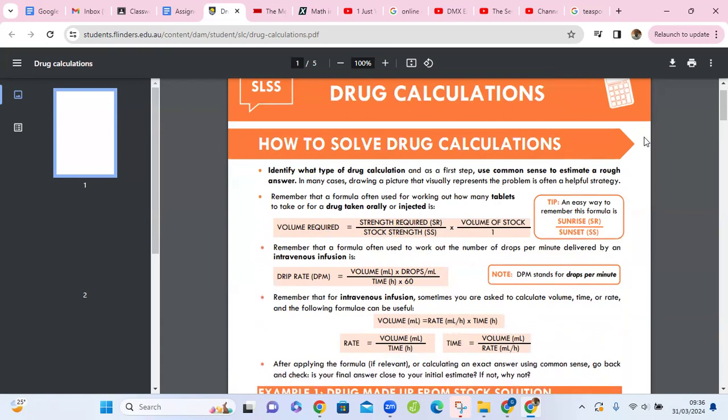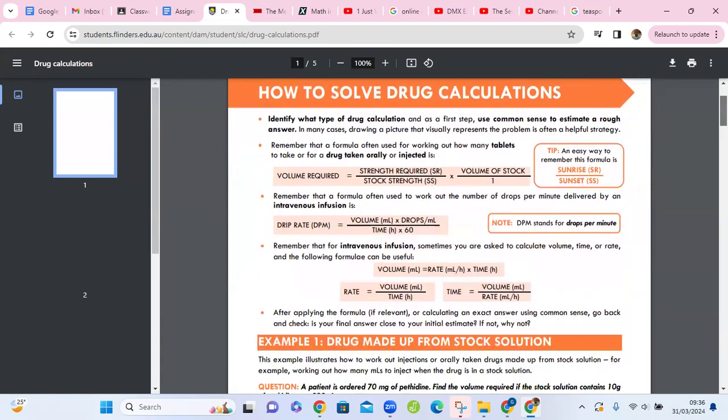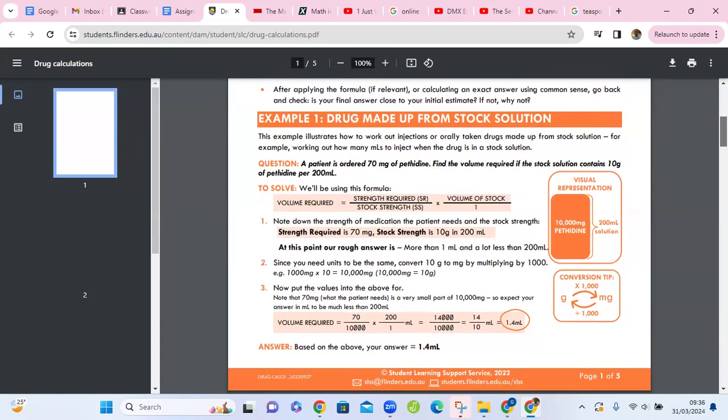So, in the volume of stock. Okay, do we have that? Yes, so it has identified that this is the volume, this is the formula that we've got to use. Step number one is to note down the strength of medication the patient needs and the stock